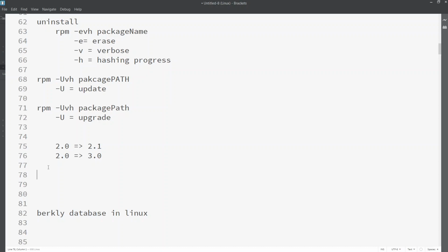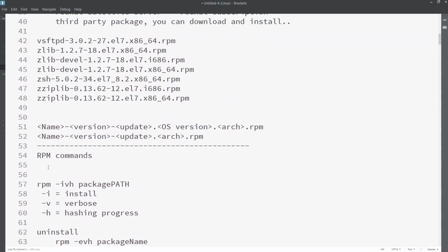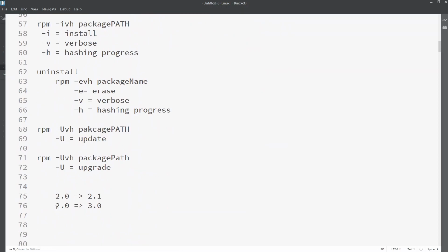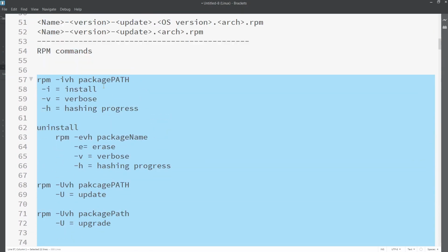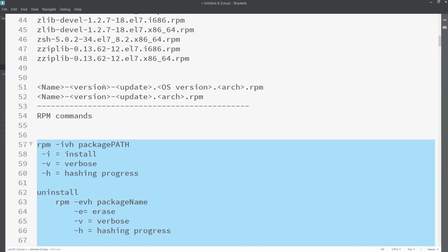Next, there are many other options which we'll discuss maybe tomorrow. For now, just keep these things in mind: how to install, how to uninstall, how to update, how to upgrade, how to get the package information, how to see the files that are part of a package, and how to reinstall a package if you install it and something is not working.